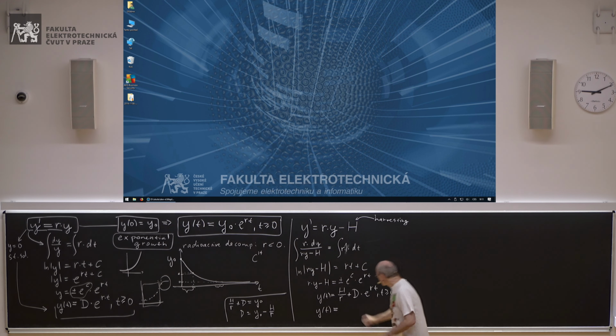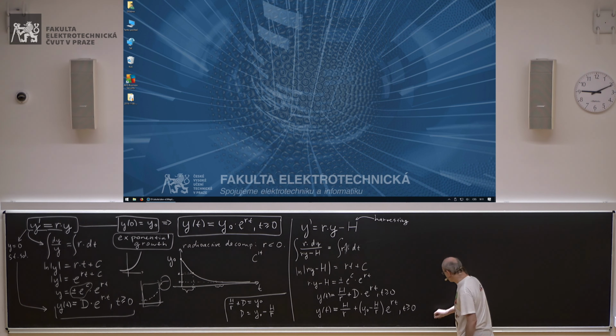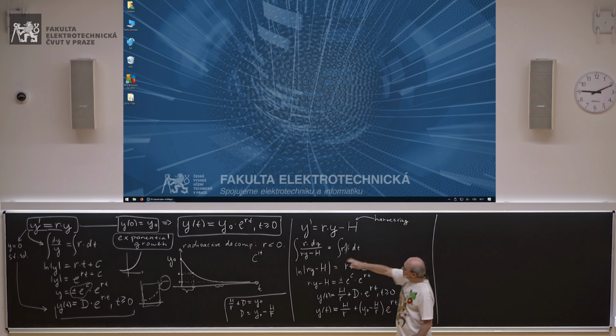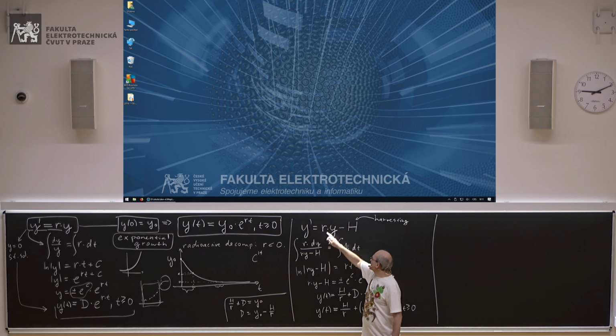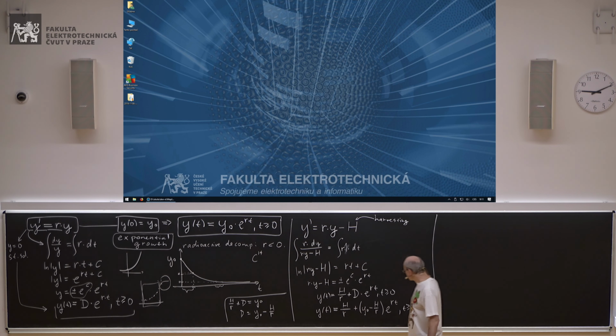So we have a formula. If we know the initial amount, then the development goes like that: h over r plus y naught minus h over r, e to rt, for t greater than or equal to 0. So this is what we get with the exponential growth with harvesting. And now we can ask some good questions. Okay, we have rabbits. So rabbits, they are multiplying. So r is positive. Definitely r is positive. What's happening here? Well,